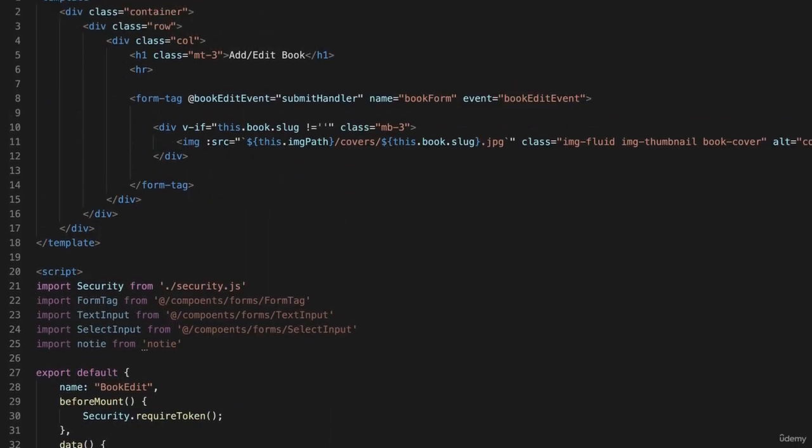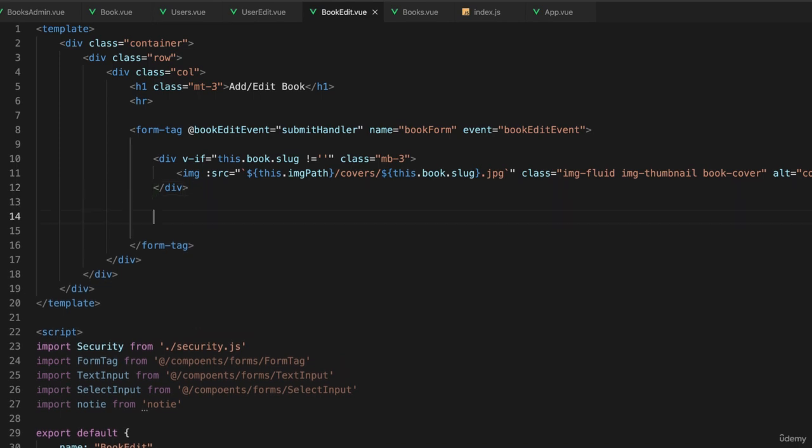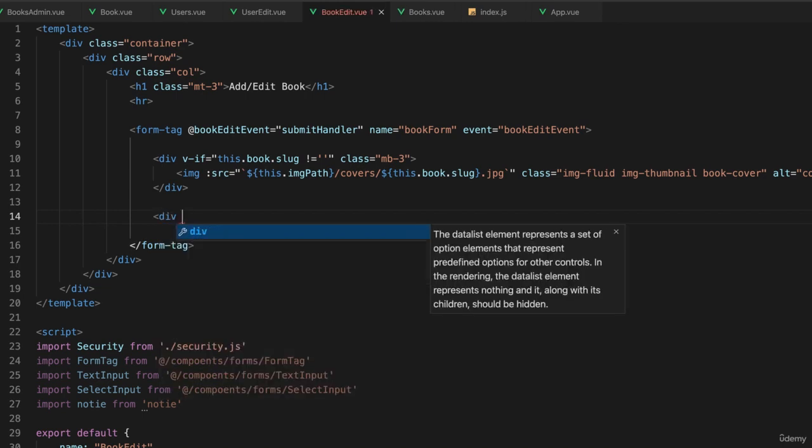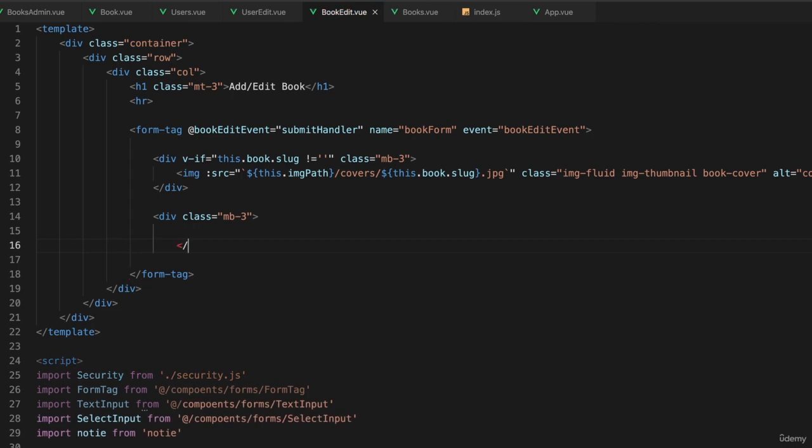Now let's go back up to our form and see what else we need to have in here. The first thing I want to add, after the display of the cover, if it does exist, is another button. And this one will be to choose a cover from your local file system that you want to upload to the server. And that's going to require a bit of work. But let's get started. Div class equals mb-3. And I'm just going to do the entire form component or form element exactly as it appears on the Bootstrap